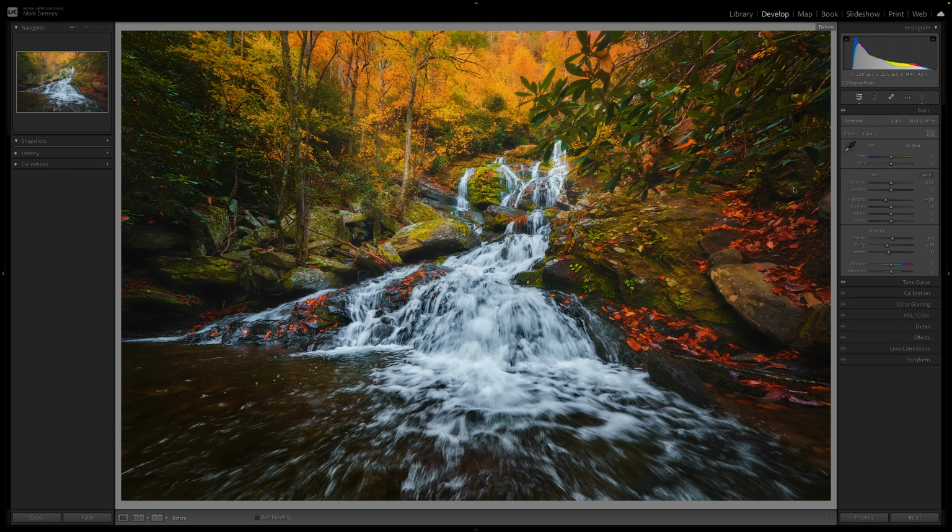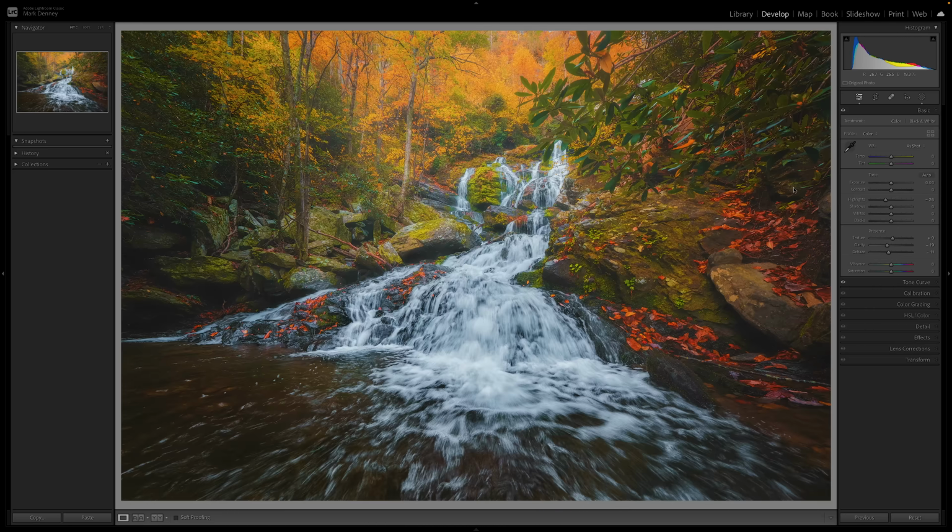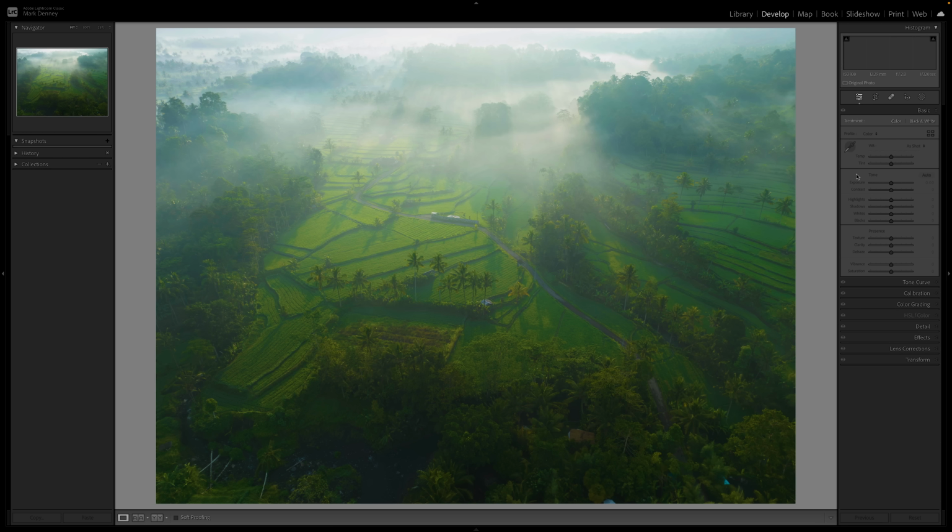This to me looks very much like a digital photograph. This right here looks like it's got a little bit of atmosphere. It's got a little bit of haze there. So totally, totally different. I want to go back to that first drone photo because I do want to mention